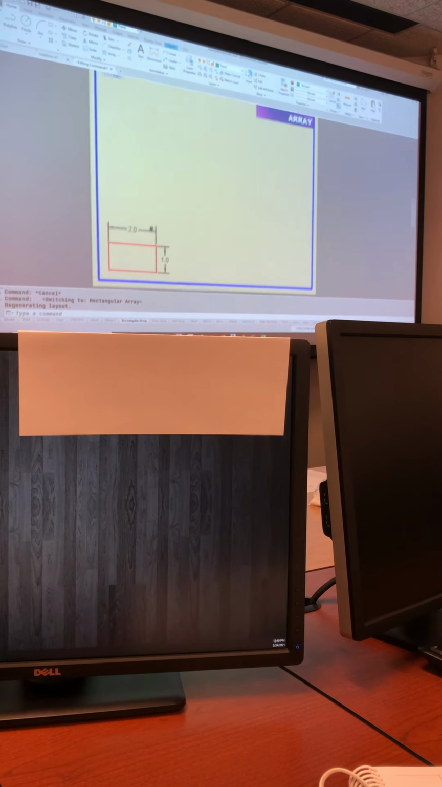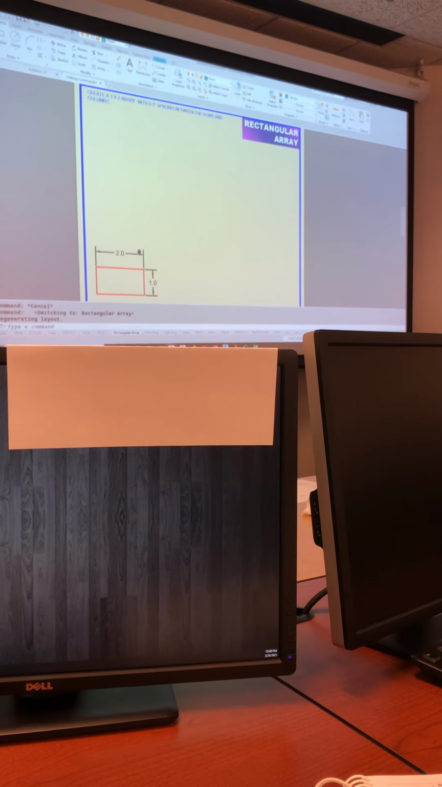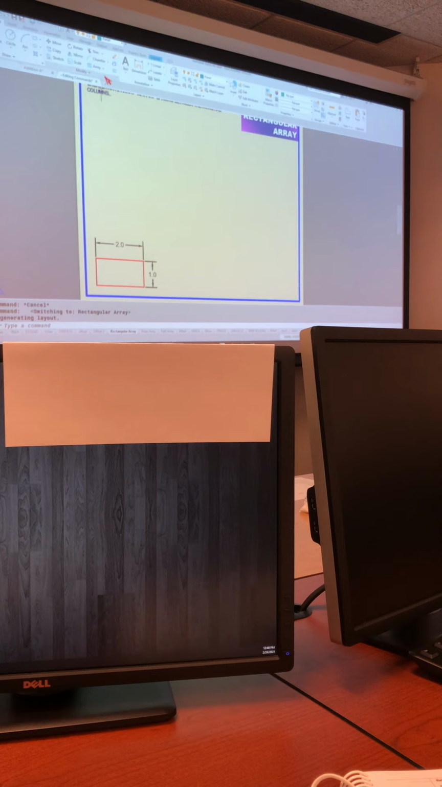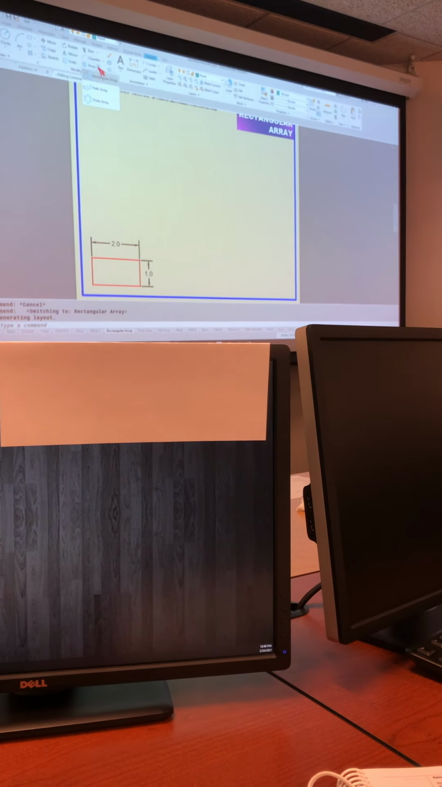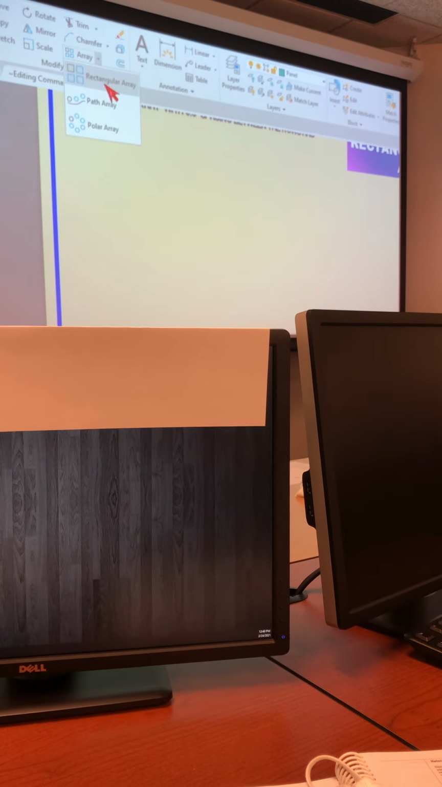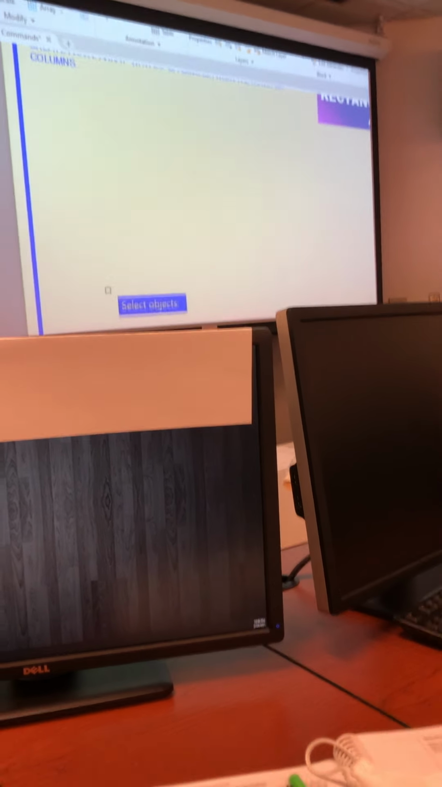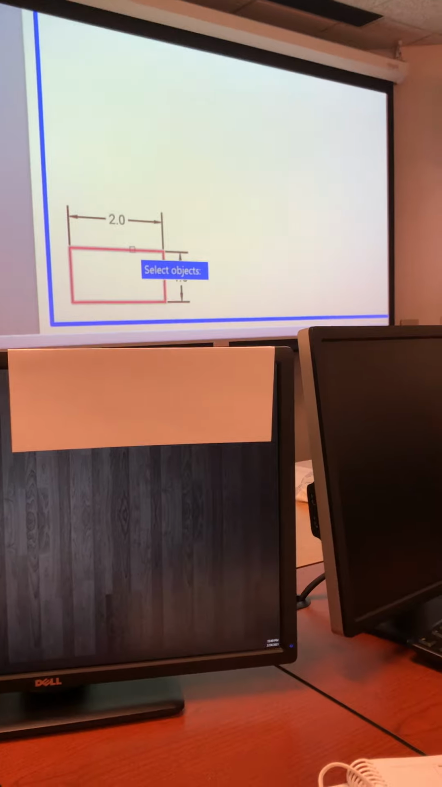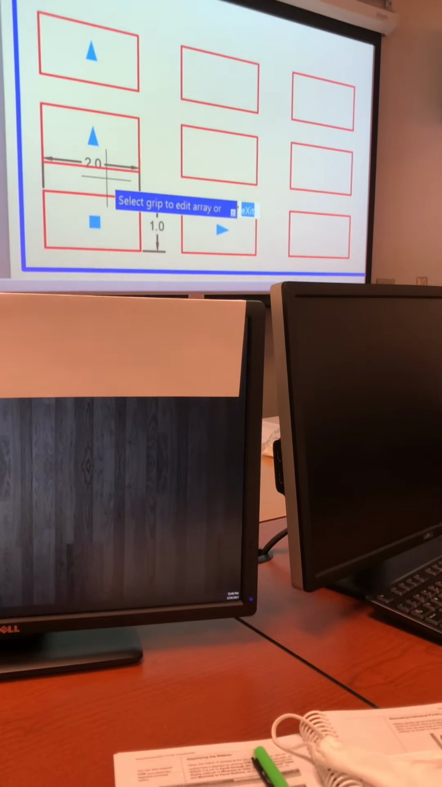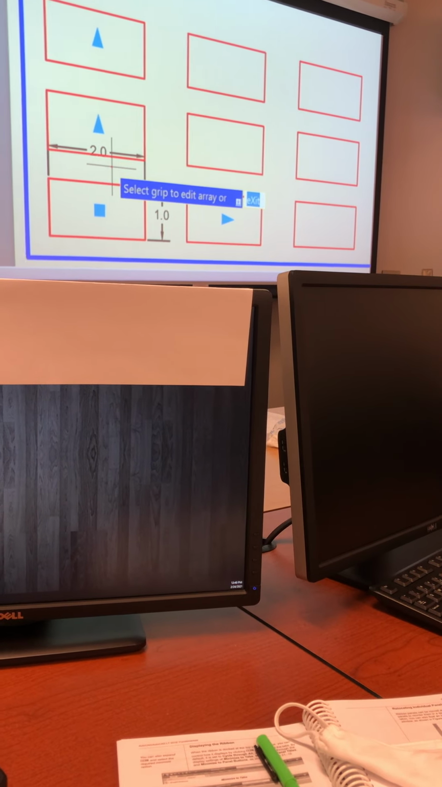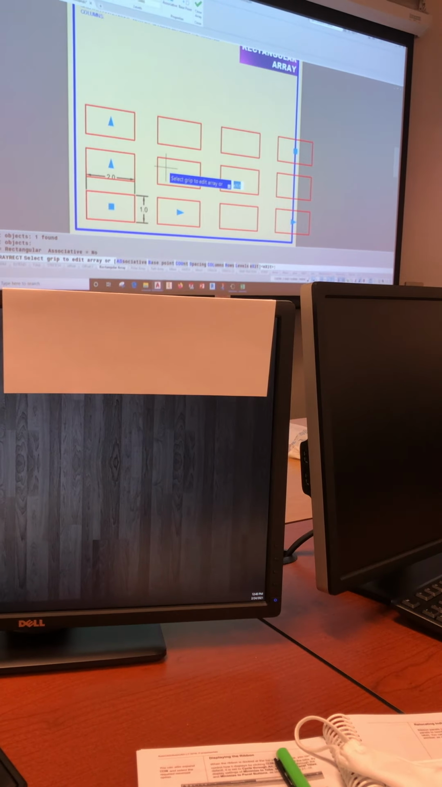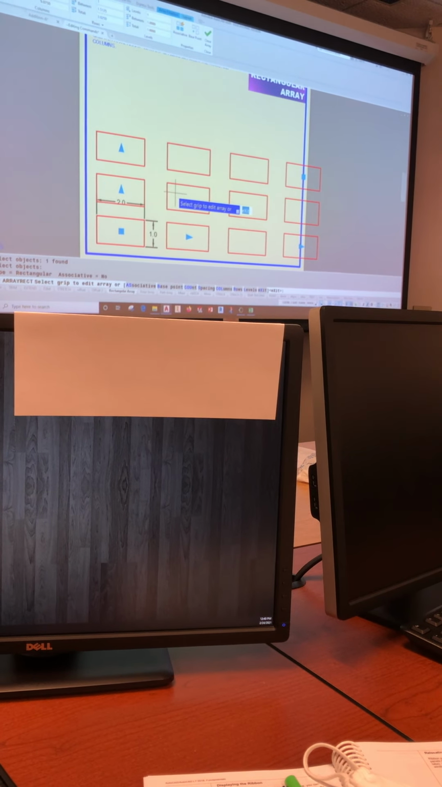So in this example, we're going to set up a 3x2 array with 1/2 inch spacing in between. So up here on your ribbon, on your array button, you'll see you've got rectangular, path, and polar. Let's start with rectangular and go down and click on the red box and then enter. Now what happens is you'll get a preview